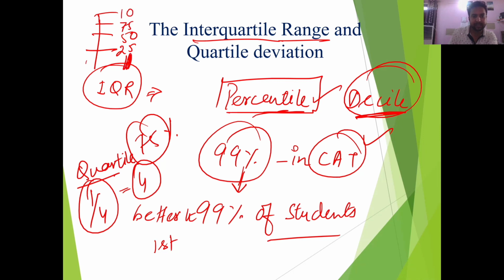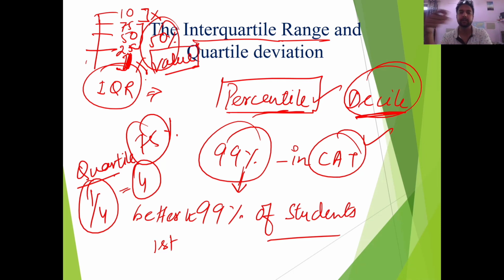Okay, so we just exclude these observations. We don't take them into consideration, and we also ignore these. So what values do we take? We take the middle 50% values. Since we are taking the middle 50% values, those will be signifying our central tendency only. So that is the meaning of